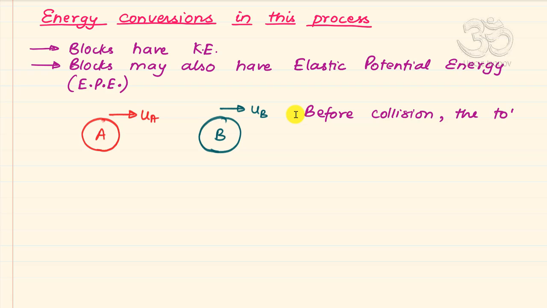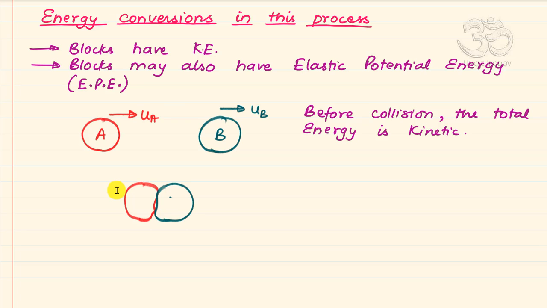the total energy is kinetic. So we have KE of A plus KE of B, that's the total initial energy. And during the collision, you know that some of this KE will be lost. So what happens during the collision is that A deforms B and B in turn deforms A. Of course, the far side will not get deformed. So this is B and this guy is A. So some KE is lost